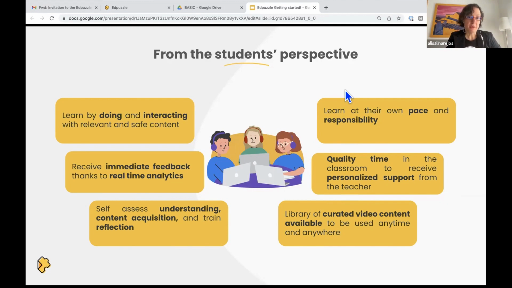Also, we as teachers will have time to support the students. Because we will have the option of providing that content, the students will be able to work at their own pace, and we will be able to support those in need. And we will be able to use the data that we get as teachers to analyze everybody's needs. And we will be able to adapt to those needs and support those students that may need extra help. We will also be able to